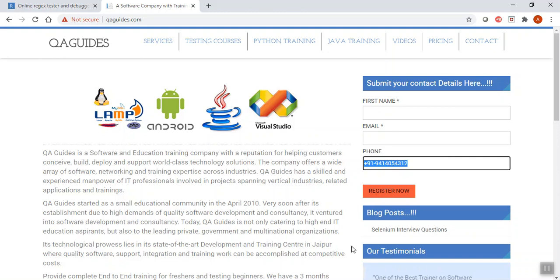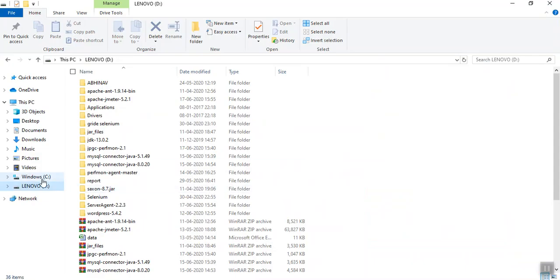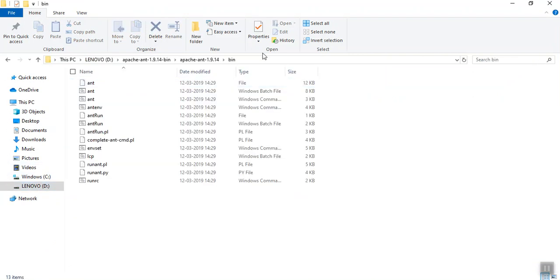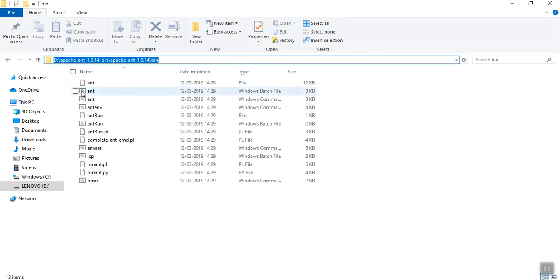Okay, so today, first of all, for Ant we need to configure Ant. For that you need to download Ant. See, I have downloaded this Ant from the Apache website. Go to its bin path and copy this bin path. And after that go to my PC